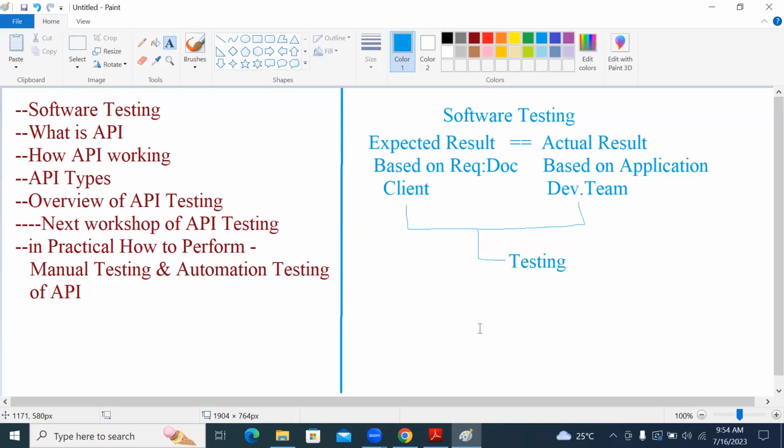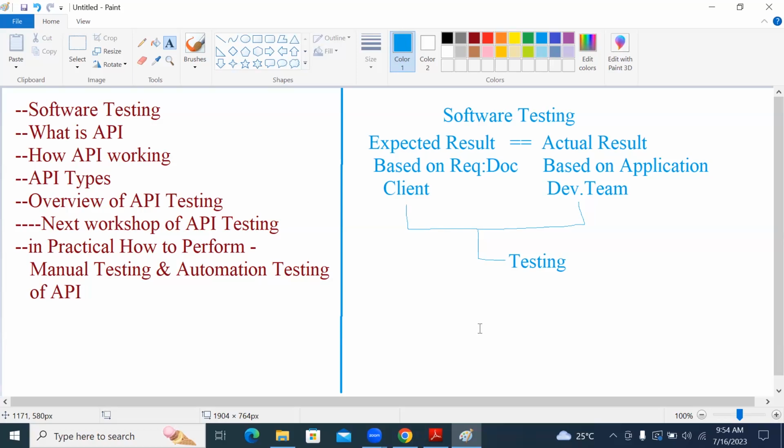If you want to understand it in a very simple way, the tester is the mediator between the client and the development team. The client gives the requirement, the development team develops the application, and we are the mediator confirming whether the application has been developed in the correct way or not.